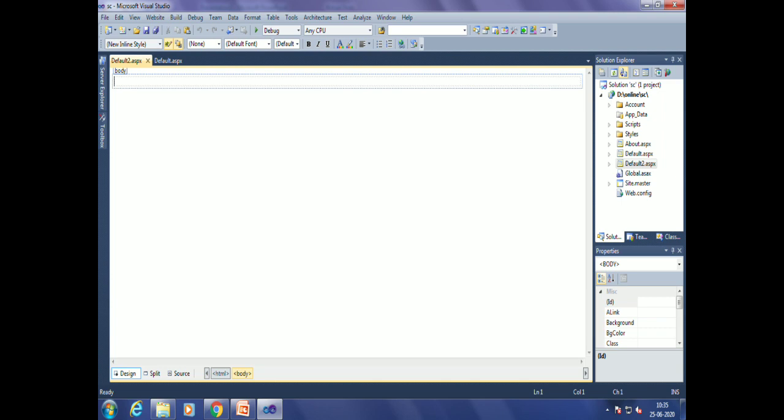Now look at, currently I open one of the page, default.aspx, or I can say default2.aspx. In semester number 4 we are aware with form.vb design view. What is use of design view?